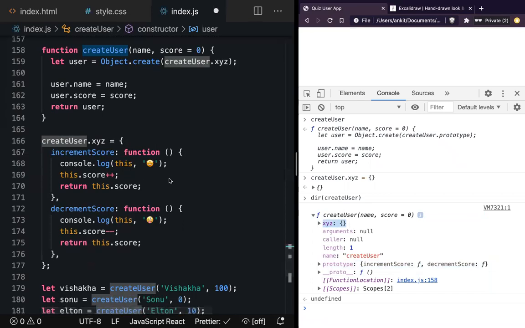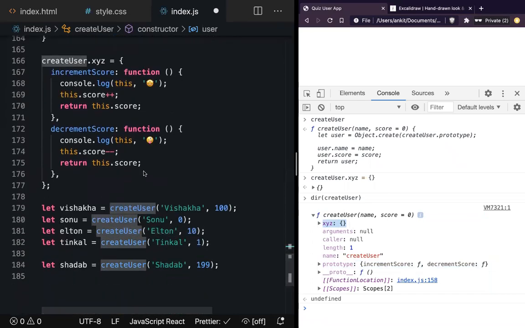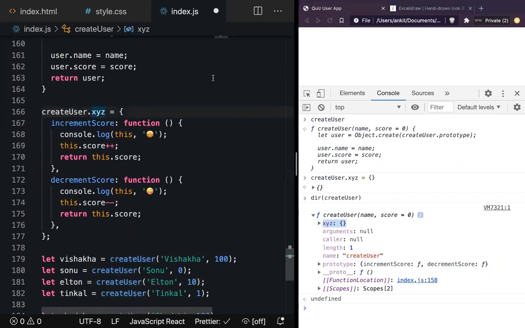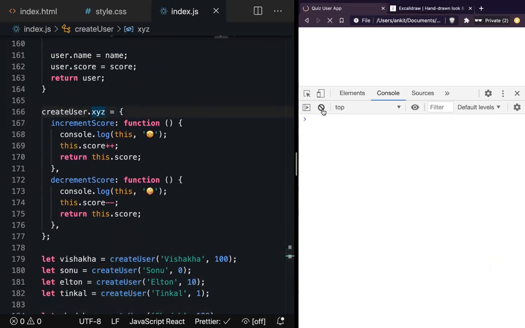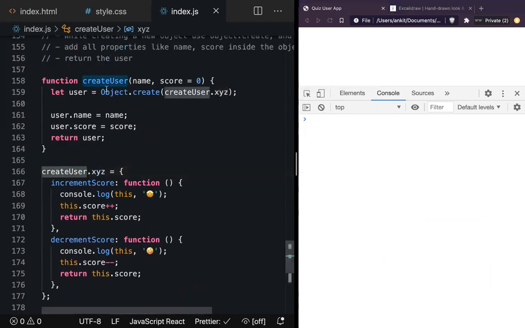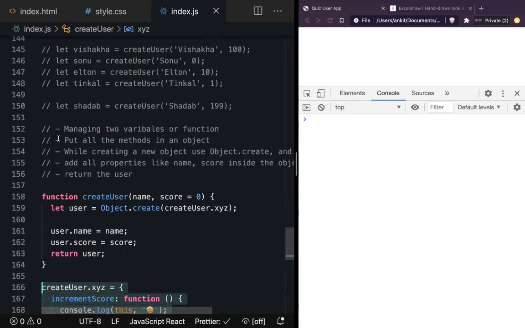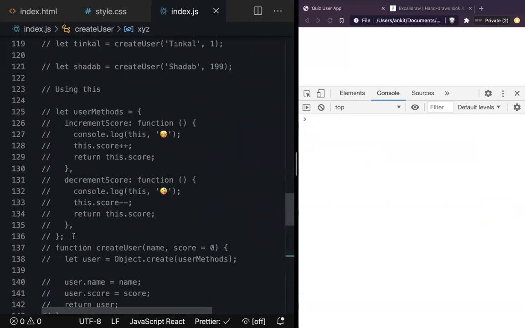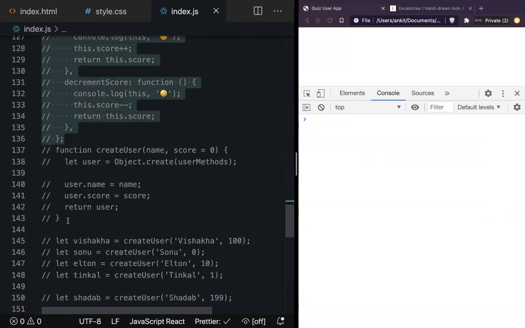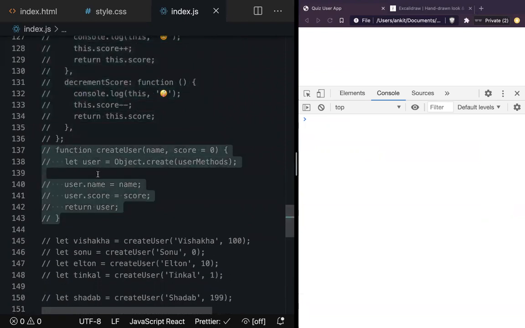So don't forget about what we did here. What I can do is, instead of saying here, even this one will work. Refresh it. Here, what we are doing inside the function, because we know function is an object, why not create an object inside the function so we can carry all the things together? Do you want to carry two bags, one with laptop, one with charger? Tell me. No. So this is the data and this is the method. Earlier, if you look at the example, we were carrying our method in another bag and our laptop in another bag.